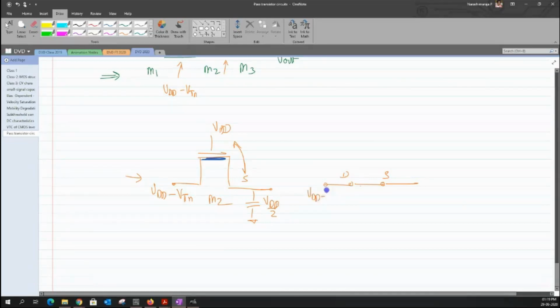And the voltage that I have here is basically equal to VDD minus VTN. It is not equal to VDD. Now the voltage that I have here is equal to VDD by 2. Since I have a higher potential compared to the potential across the capacitor of my M2 transistor, the charges will move from the higher potential towards the lower potential, and due to this the voltage across the capacitor will also start rising. Now, till what point can this go up?